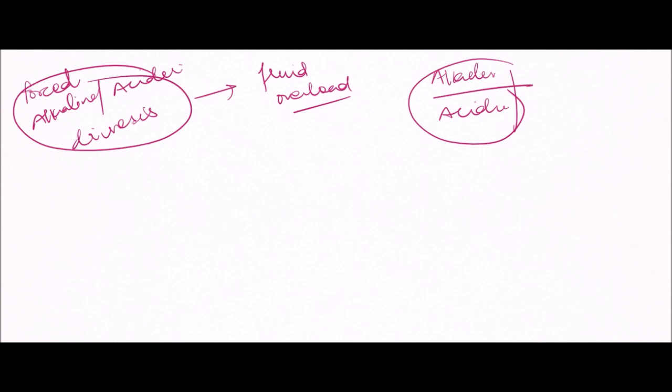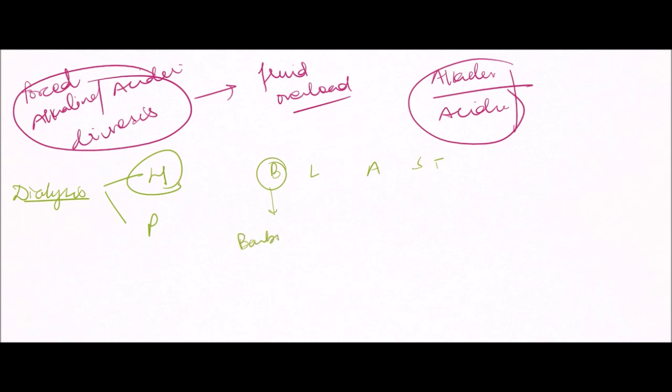Now the other procedure is dialysis. We can go for hemodialysis or peritoneal dialysis. In case of hemodialysis, the poisonings in which hemodialysis is recommended can be remembered simply by a mnemonic, that is BLAST. B stands for